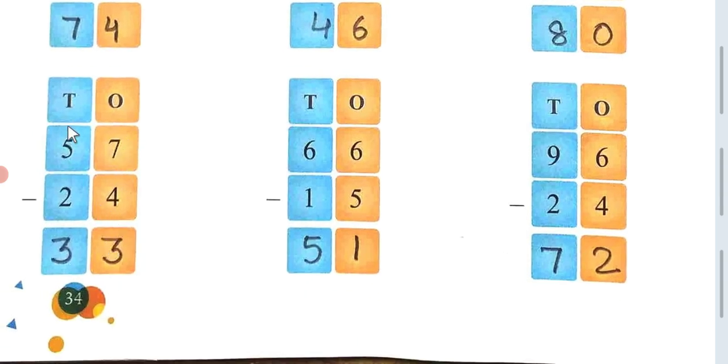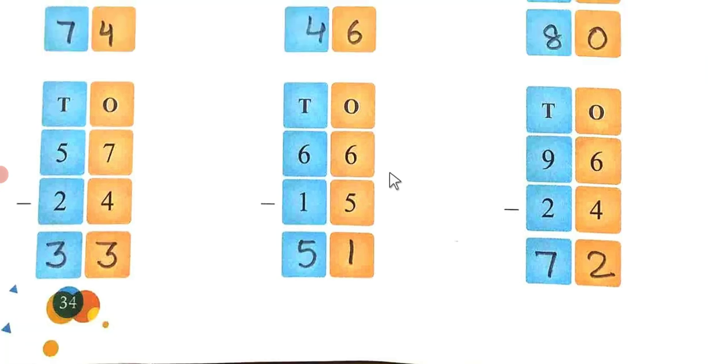7 minus 4 is 3 and 5 minus 2 is 3. 6 minus 5 is 1 and 6 minus 1 is 5. You draw the line just like this. 1, 2, 3, 4, 5, 6. Now cut 5. 1, 2, 3, 4, 5. How many lines have been left? 1. So do it like this. Draw the line and just cut it, and then you will know how to do the subtraction.